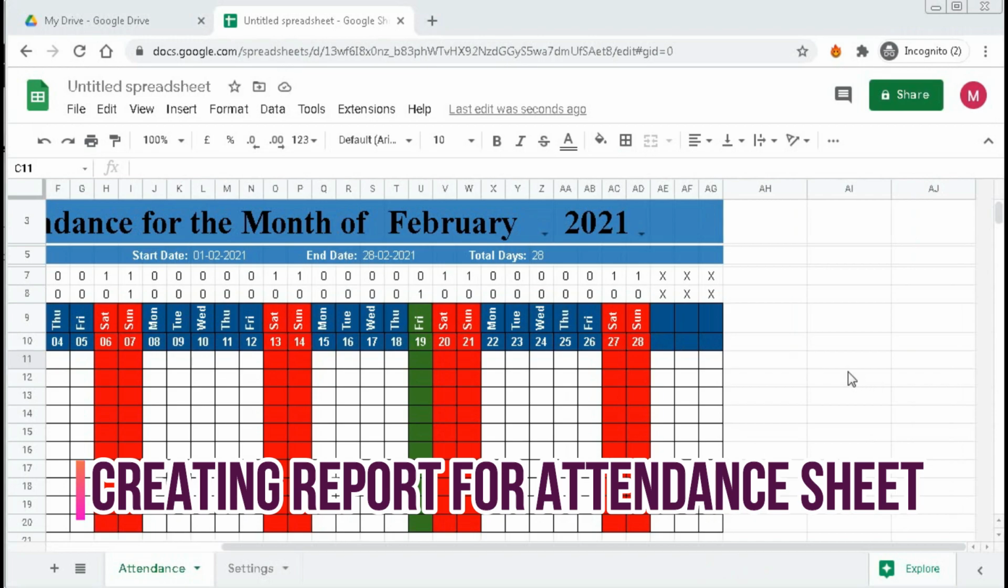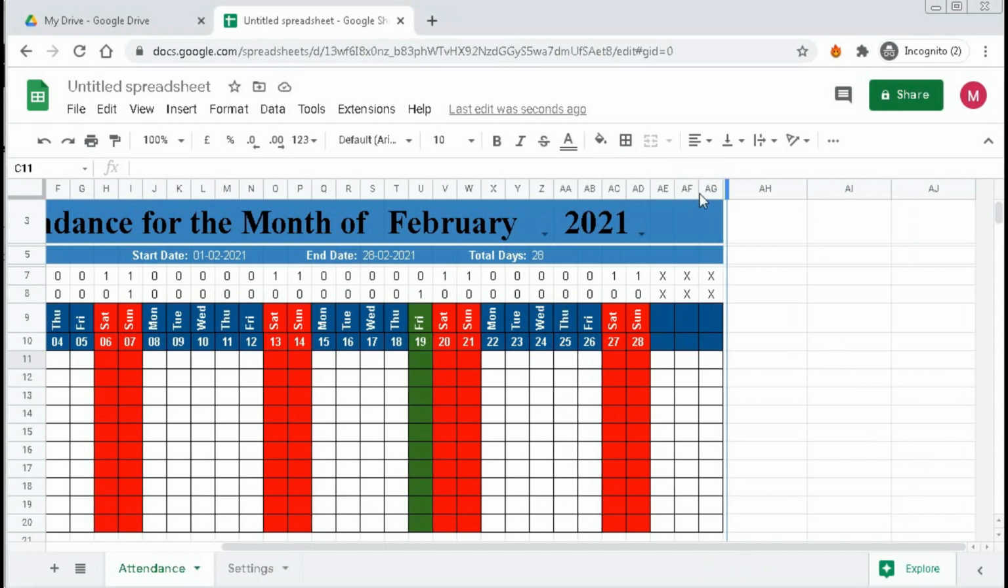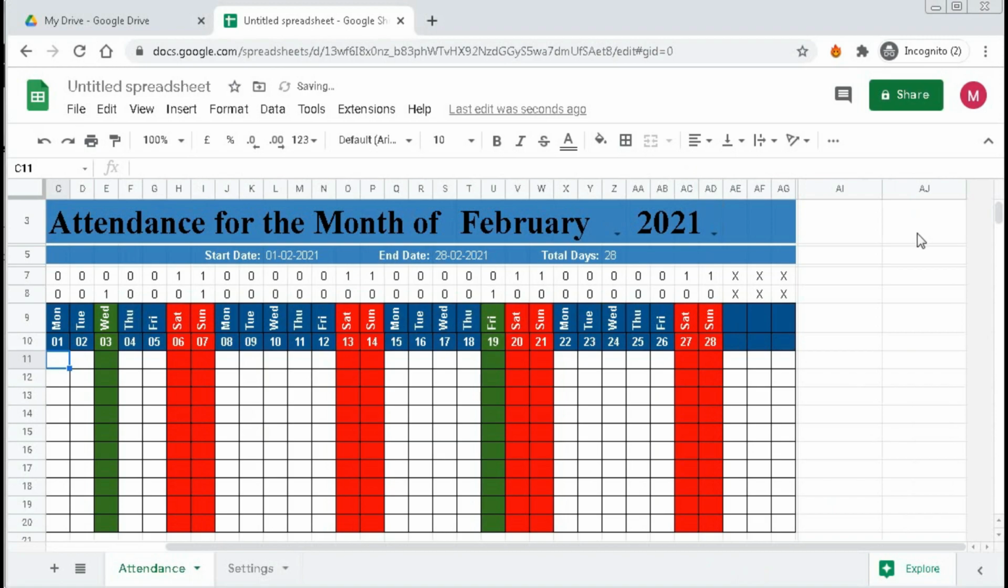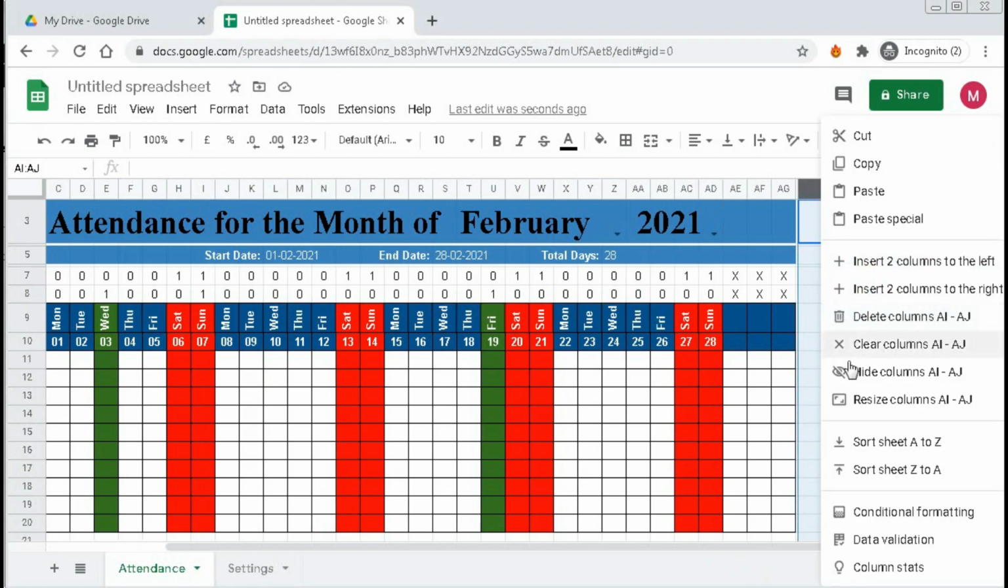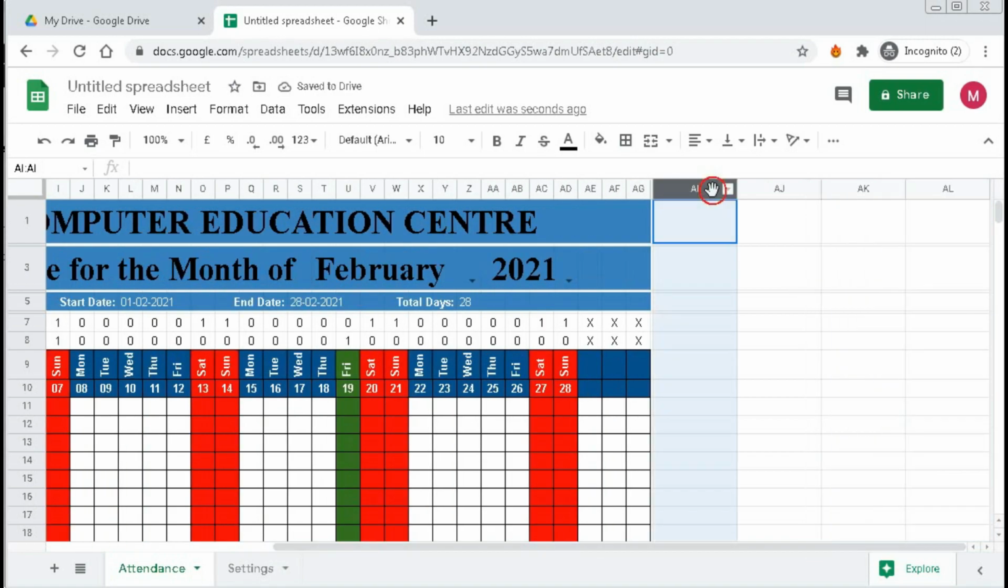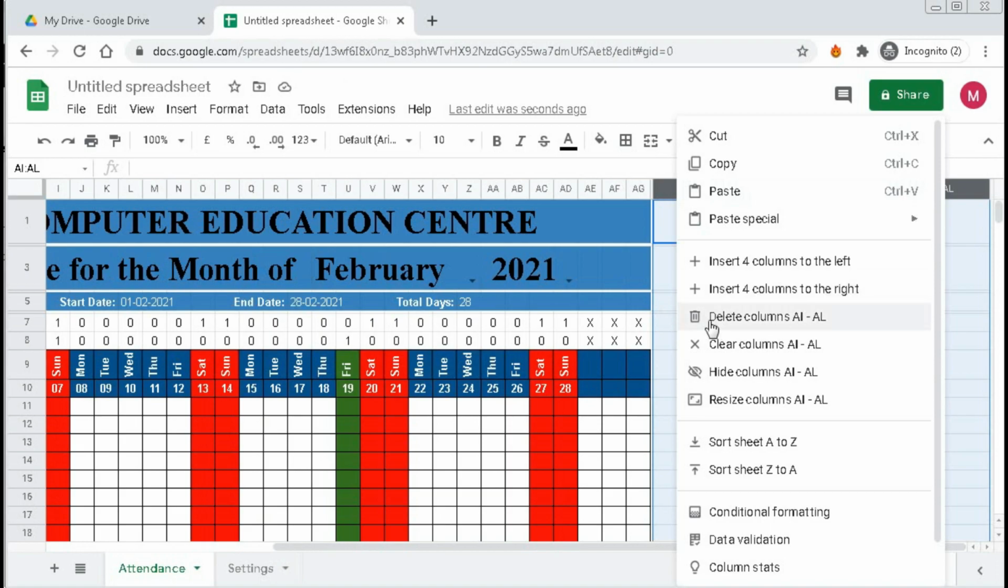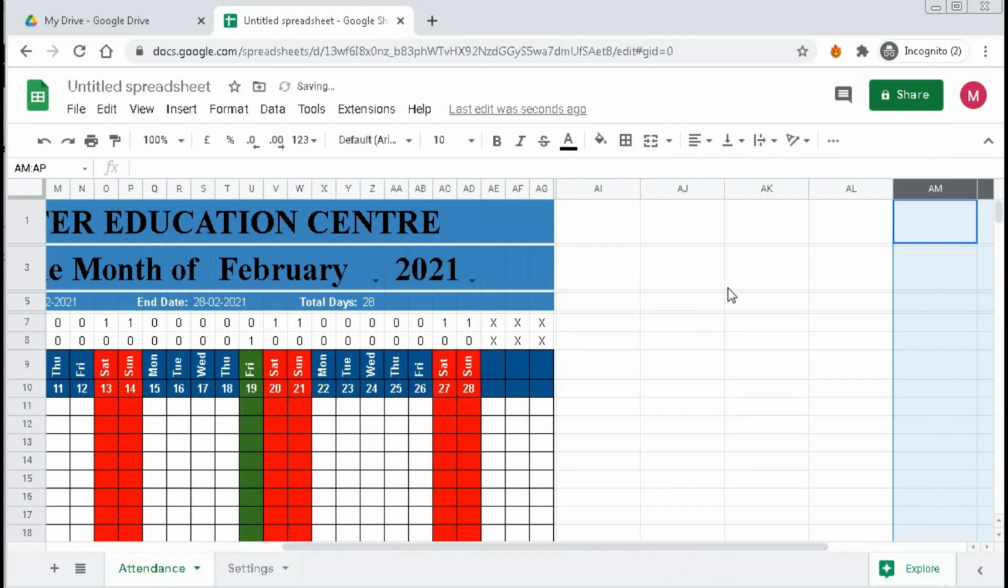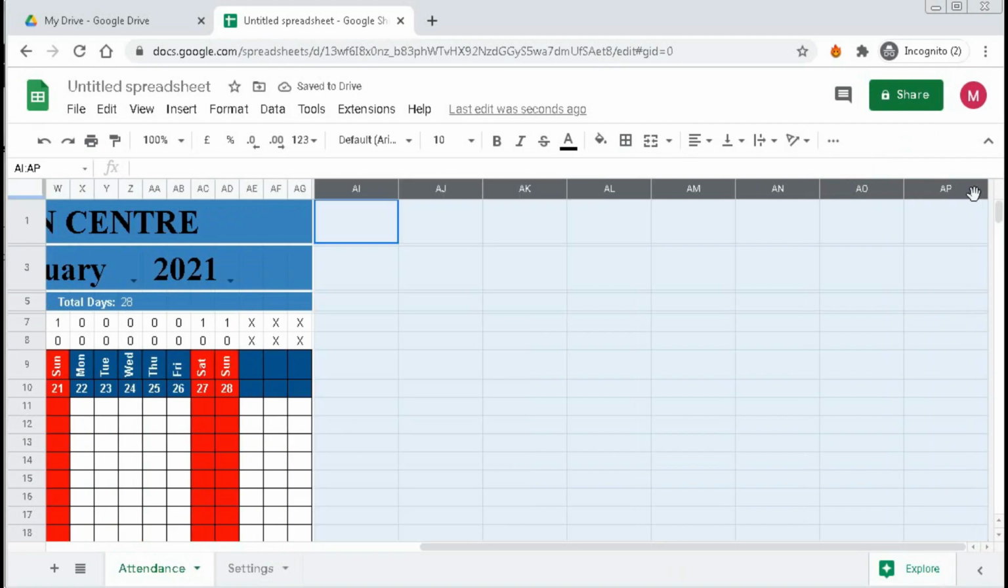For that we need 8 columns. But first we will create a separator here and 8 more columns. So let's insert one by one. So insert 2 columns to the right. So now we have 4 columns. Select all the 4 columns and right click, insert 4 columns to the right. So we got all the 4 columns. Now select these 8 columns and